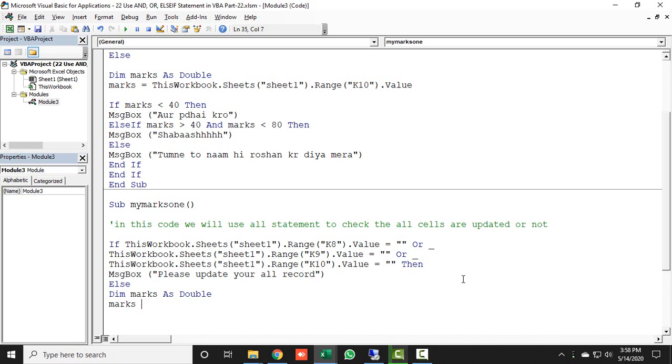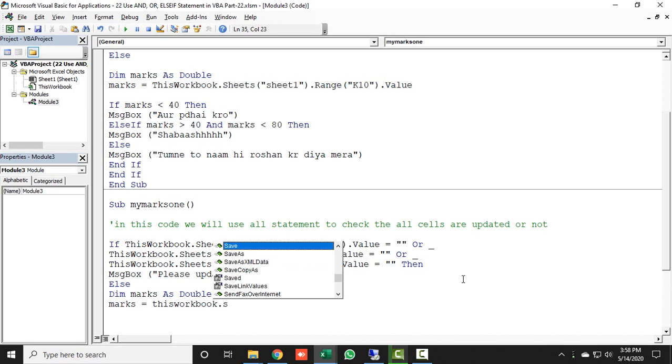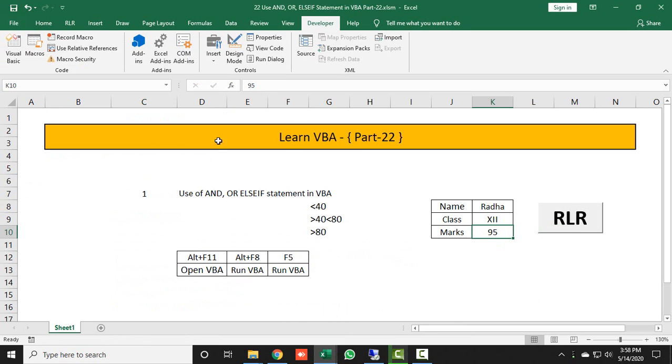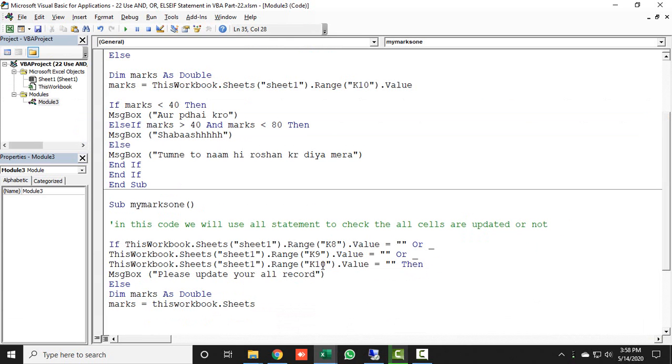So marks is equal to ThisWorkbook dot Sheets, but this time the marks cell is K10, so we need to pass the K10 cell, which would be available in Sheet1, dot Range K10 dot Value.